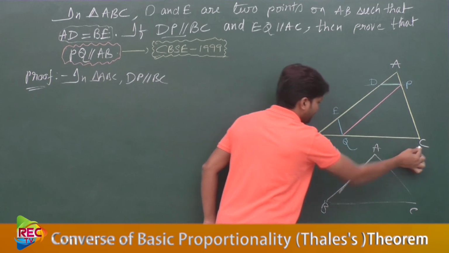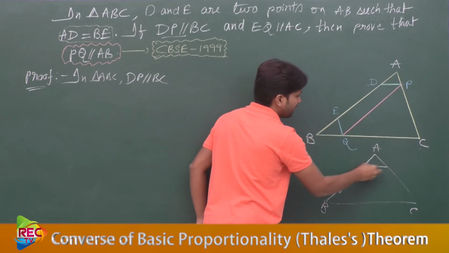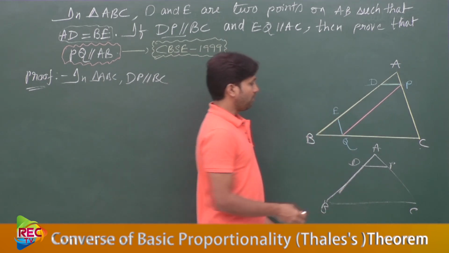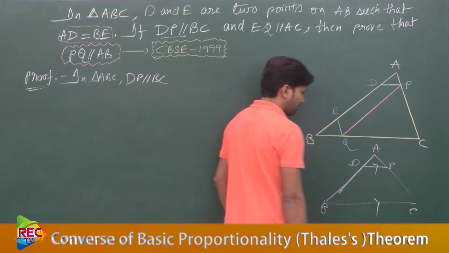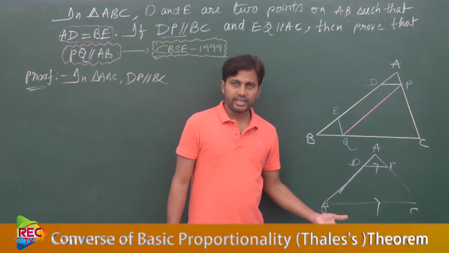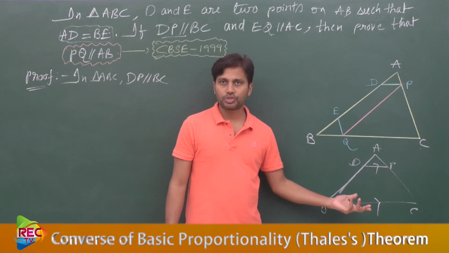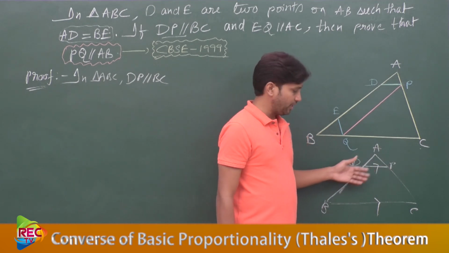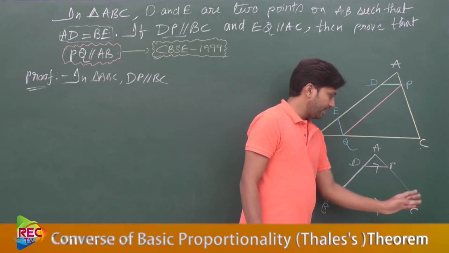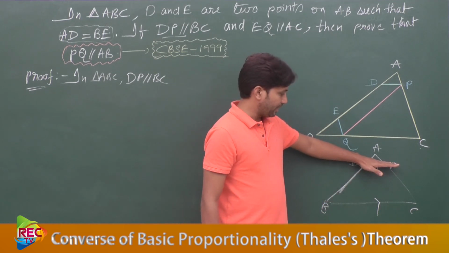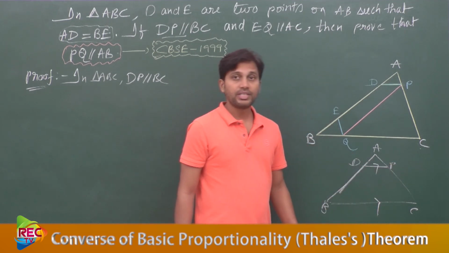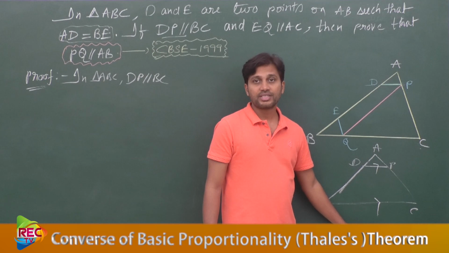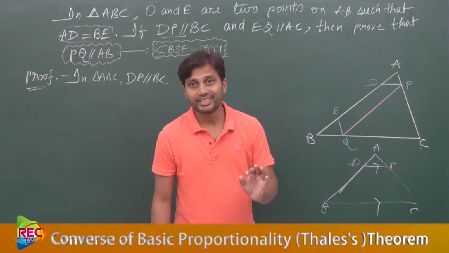So this is triangle ABC, right? Now we are considering just DP and leaving the remaining. Now as we said, DP is parallel to BC. So now here it is clearly possible to apply the basic proportionality theorem. Because D and P are 2 points on AB and AC in such a way that the line joining DP is parallel to BC, meaning a line joining two sides is parallel to the third side. So that means we can apply the basic proportionality theorem result.